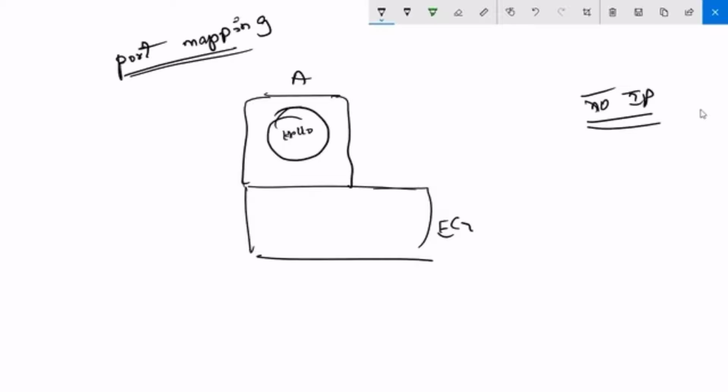This is one more advanced concept, guys. Port mapping. Earlier we saw volume mapping, now we are going to see port mapping. You don't have an IP address for the container, but you have an IP address for your base machine, the EC2 machine. Container will have ports, and every machine will have ports. We'll take one port from the container and one port from the base machine, and map these two ports.